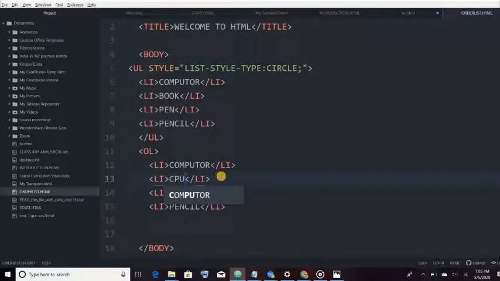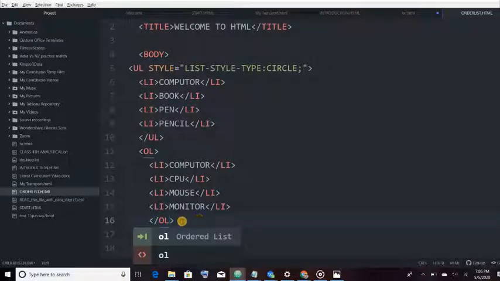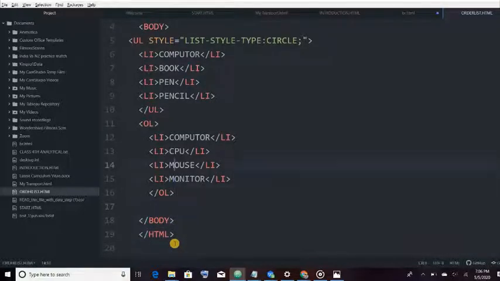Now I will insert the different components of the ordered list: computer, CPU, and the third one is mouse, and the fourth is monitor. So I have inserted different components here, and we will close the tag OL. Now I have closed the tag body and HTML as well.